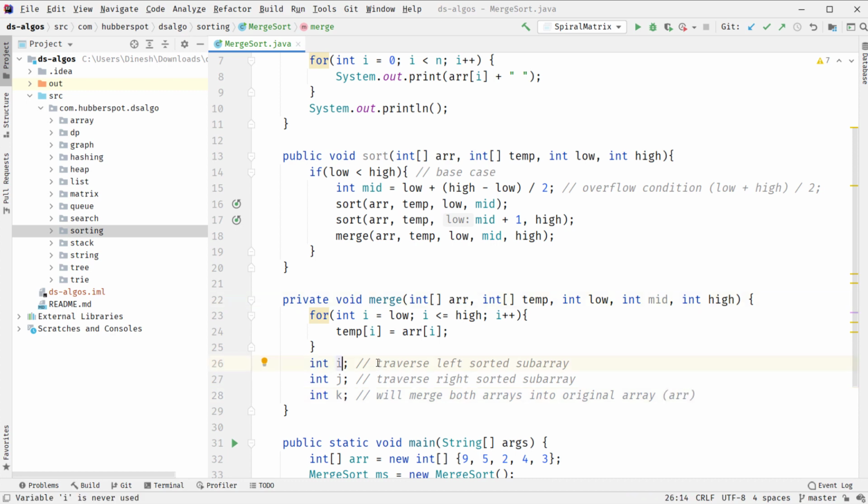If i is traversing the left sorted subarray, we know that it should start from low, because from low to mid we have the left part,